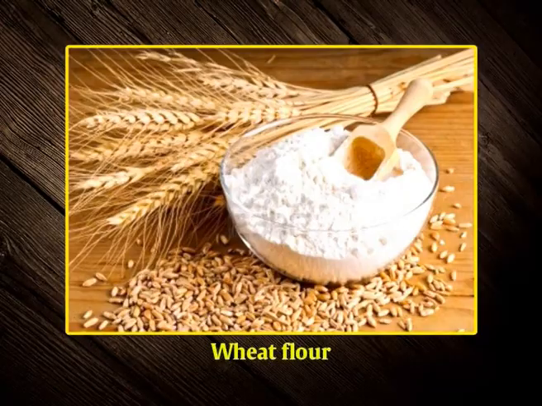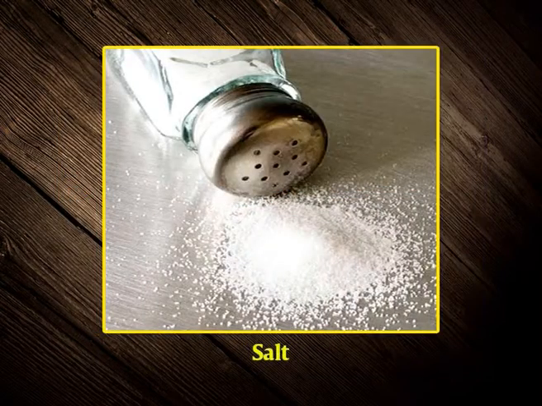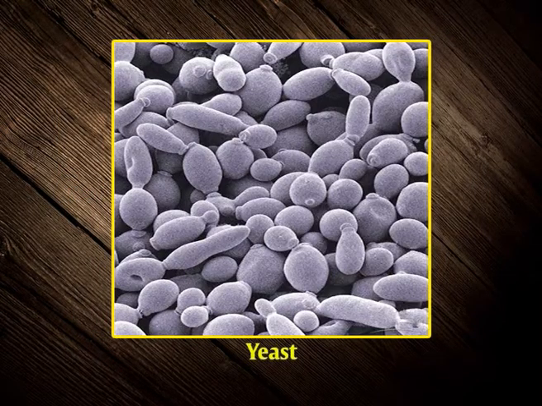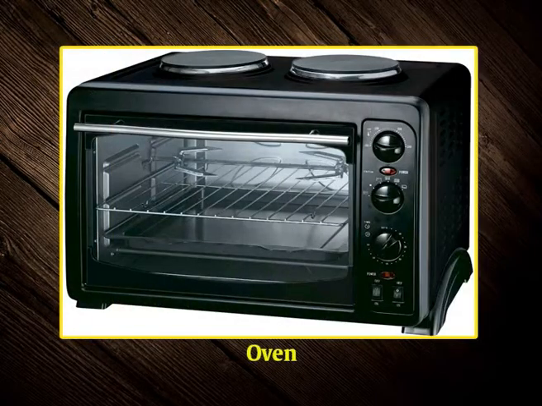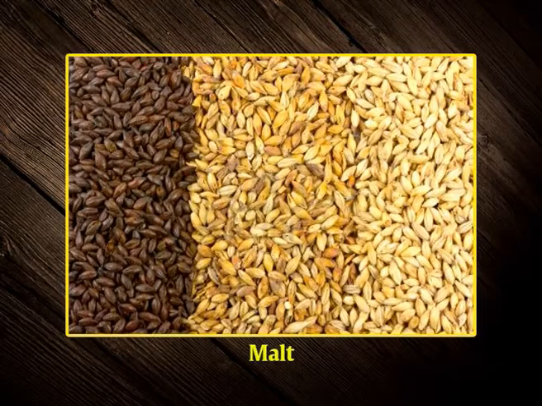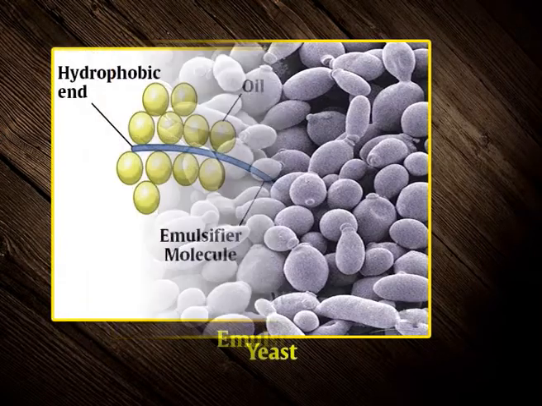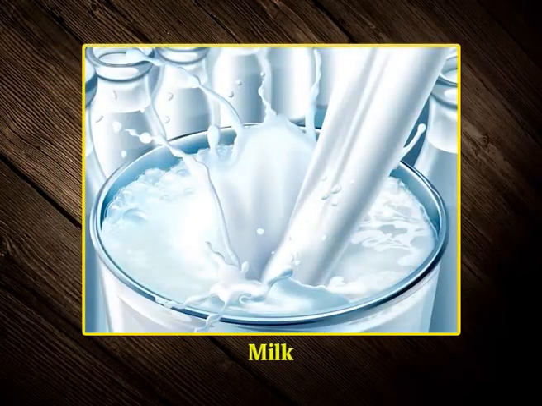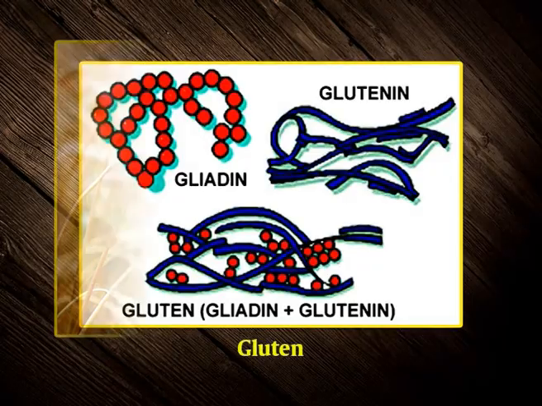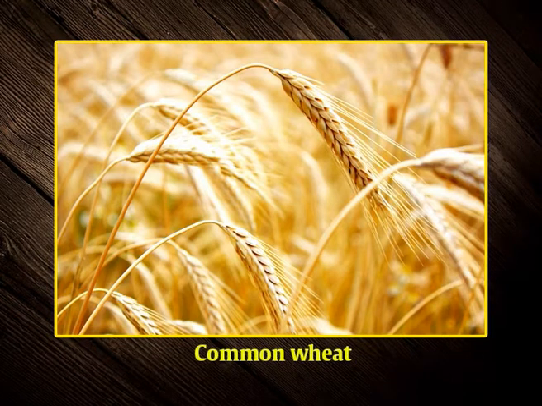Wheat is the principal cereal used for bread making. Bread is usually made from wheat flour, water, and salt, and is cultured with yeast, allowed to rise, and finally baked in an oven. Other ingredients which may be added include flours of other cereals, fat, malt flour, yeast foods, emulsifiers, milk or its products, and fruit. Owing to its high levels of gluten, common wheat, also known as bread wheat, is the most common grain used for the preparation of bread.